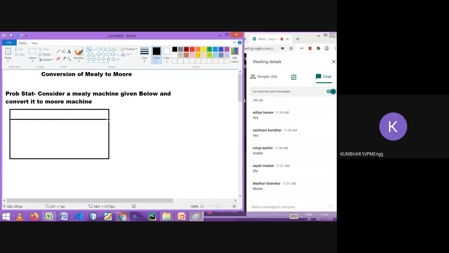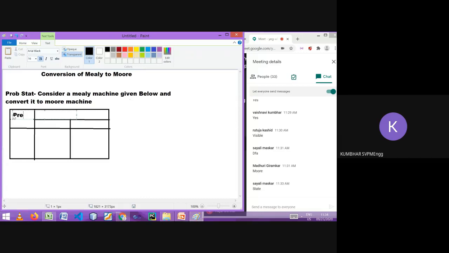Can you tell me what will be the dimensions of this table? The first column will be states, correct? First column will be states, and then the rest of the columns will be for inputs and the output on transition. Perfect. So let me see how in the exam a Mealy machine or Moore machine will be given. Here we are checking the example of a Mealy machine.